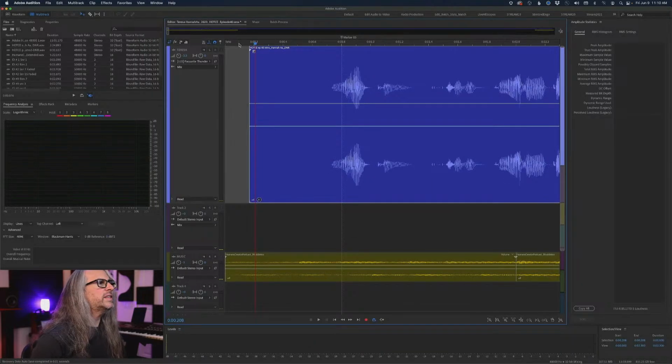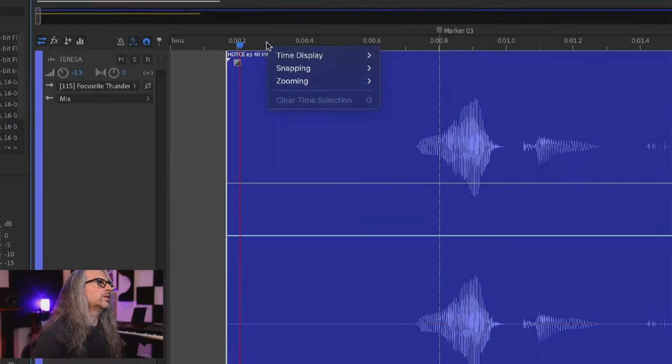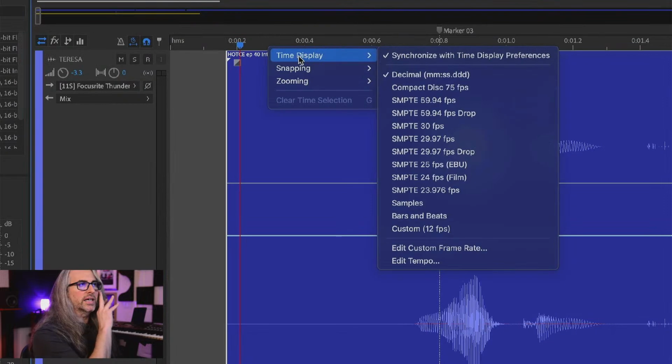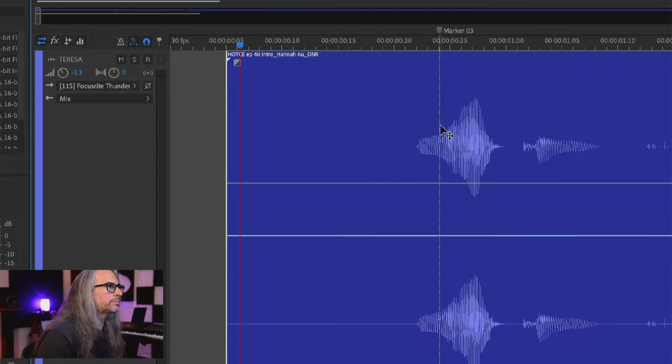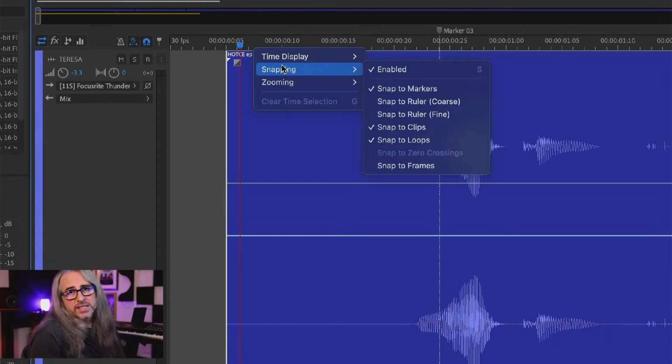So this is the default timeline. To change that to frames, I'm going to simply right-click, Control-click, go into Time Display, and let's say a SMPTE 30. And then we also want to enable snapping to frames, because it is not enabled by default.